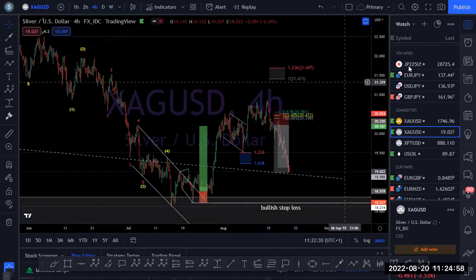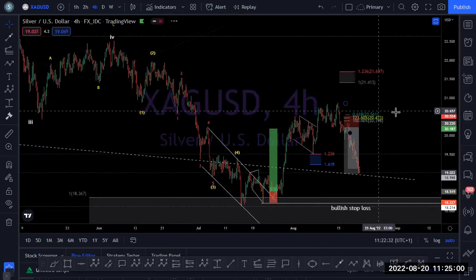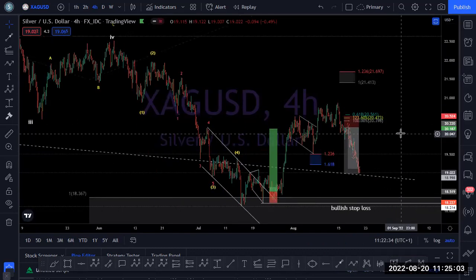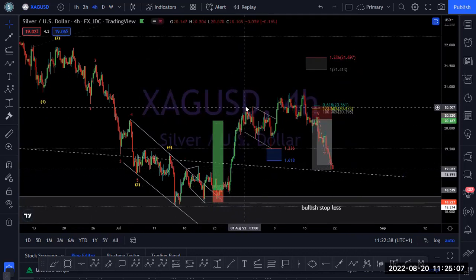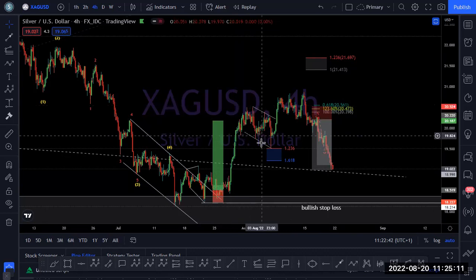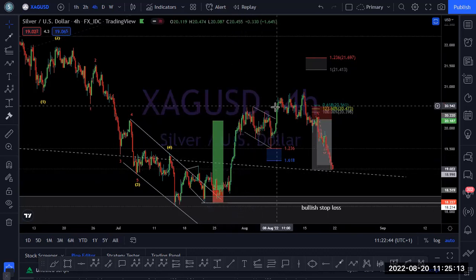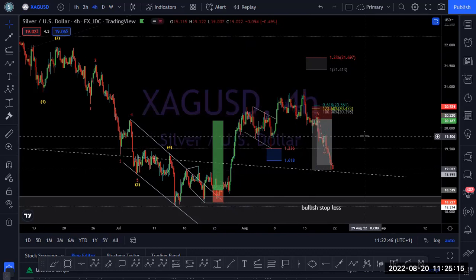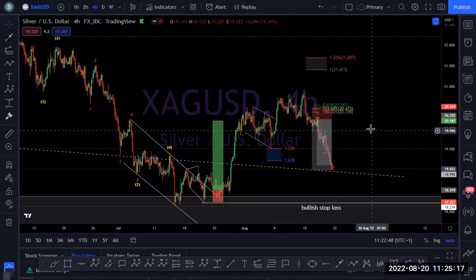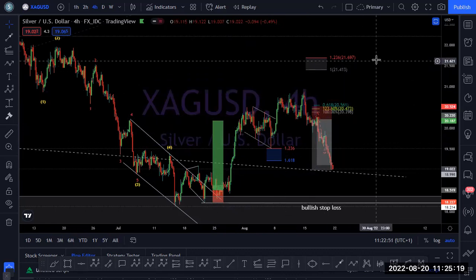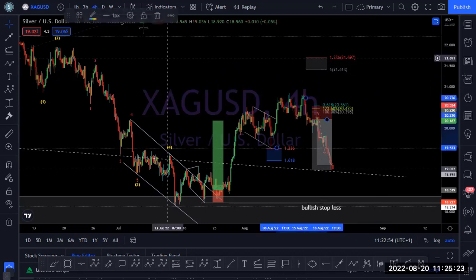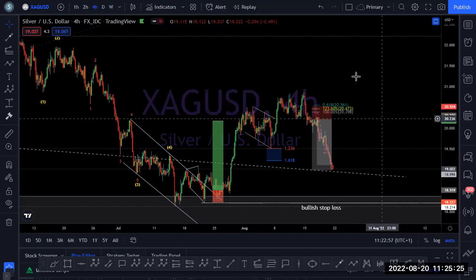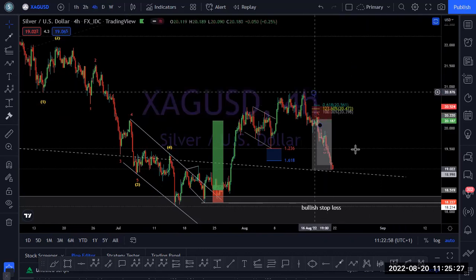Silver, last week, the market made a kind of drama this week. Last week, I pointed out that silver is more sweet than gold, which means silver is more impulsive than gold. That gold might be going sideways and silver might be going impulsively to the upside. And something funny happened during the week. Silver turned out to be faster than gold in going down.